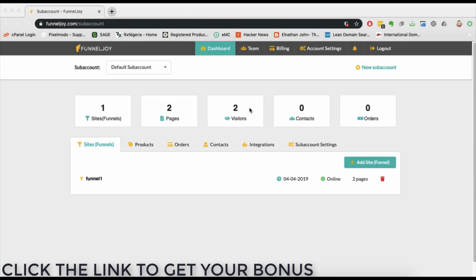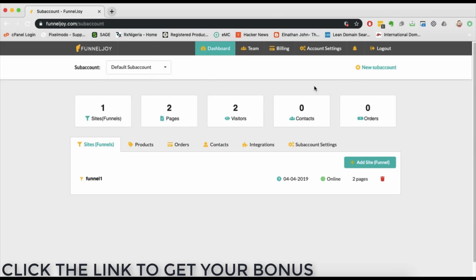So to get started with Funneljoy, when you register or you log in, you're met with your dashboard. On the dashboard we have sub-account. Funneljoy gives you the ability to create different sub-accounts, and that helps in situations where you need to separate, for example, client work, so you don't mix them up together on one sub-account. Or if you have clients that are working with you, it allows you to invite them to that sub-account as well so they don't get to see other projects that you're running. Everyone is given a default sub-account on registering, and then you can create a new one as well